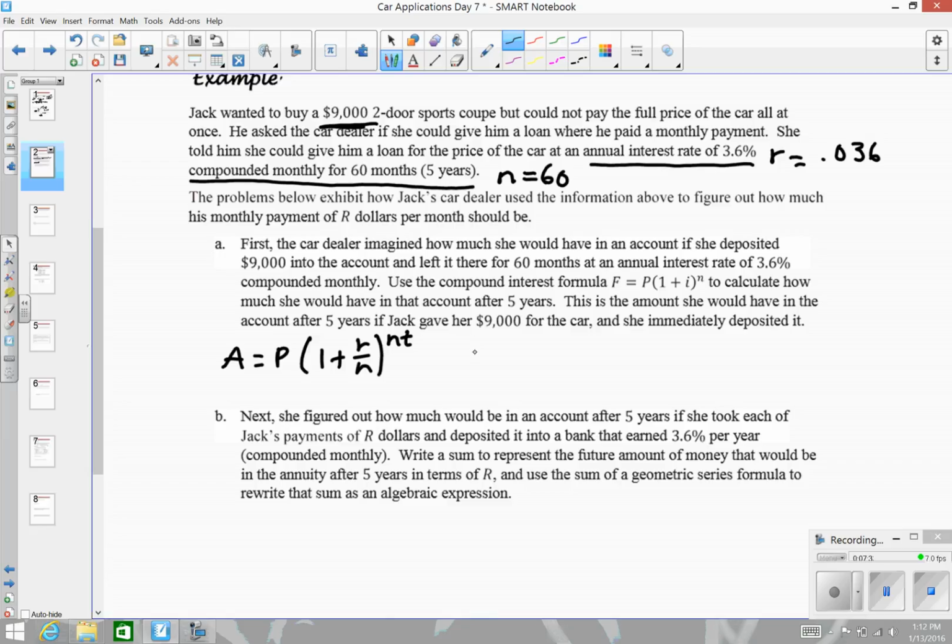So that means that I would have 9,000 times 1 plus 0.036 over 12, all to the 60th power, which is my 5 years times 12 months. If I do that, figure all that out, that money in the bank in 5 years would be worth